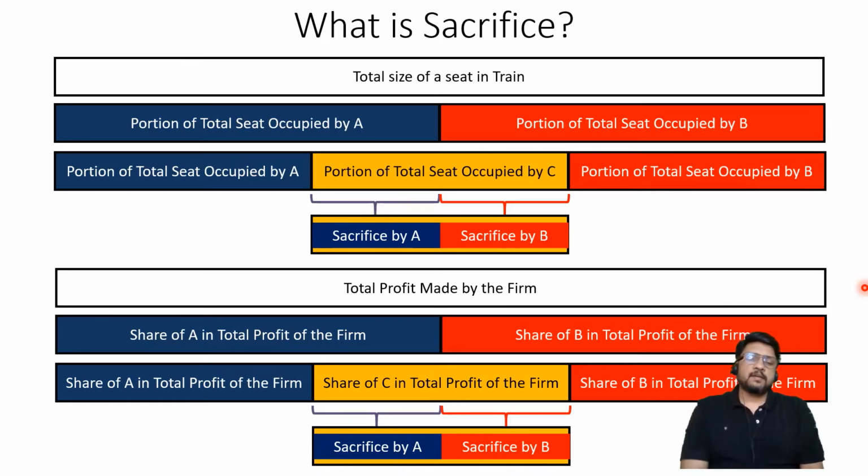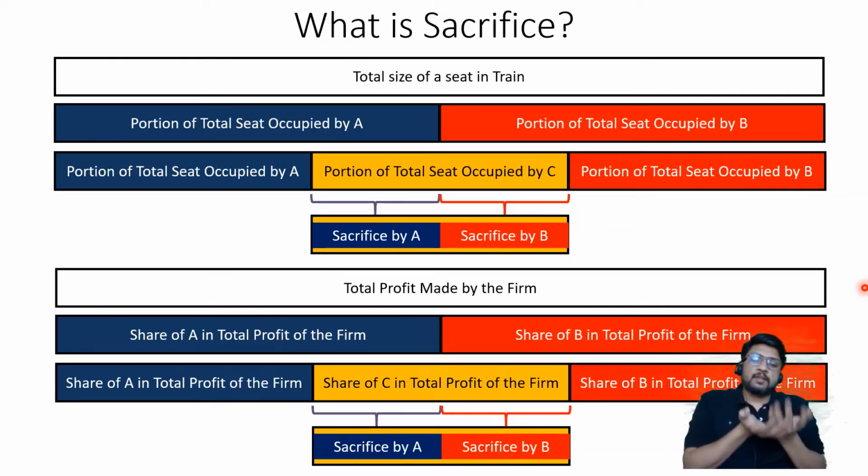Now we need to calculate what is the sacrifice done by old partners. There is a chance that A may specify, I am a big fat man, I require half of the seat. Mr. C, you should sit here, I can understand, I can appreciate, I am not saying no, that is not a problem. But you sit by taking the share from only Mr. B. Don't expect anything from me. I am having a physical condition, I am very fat, I cannot move from this seat now. Whatever area I was occupying in the past, that I will occupy even after you sitting on the same seat. So the sacrifice will be done only by Mr. B and nothing by Mr. A.